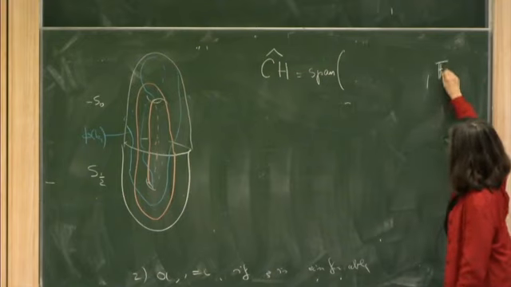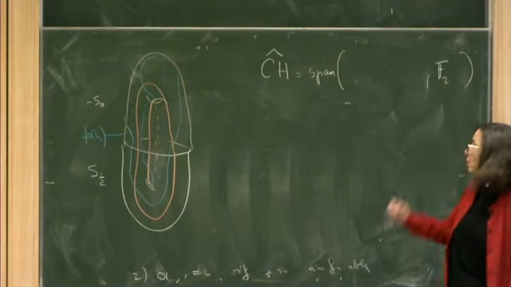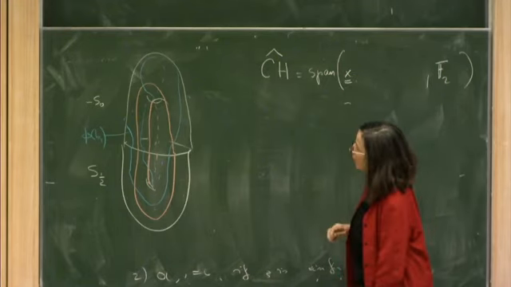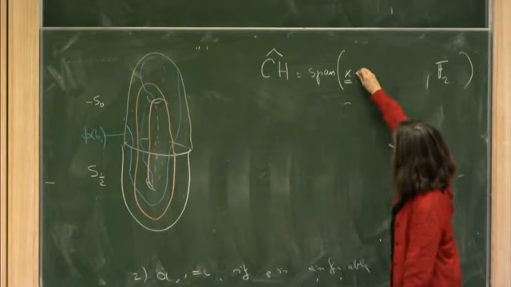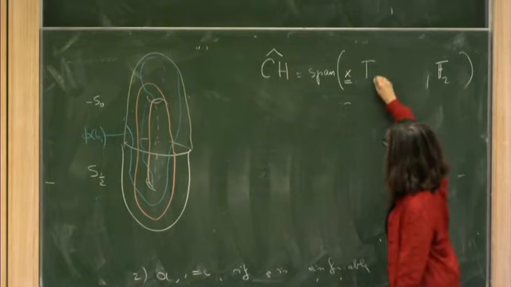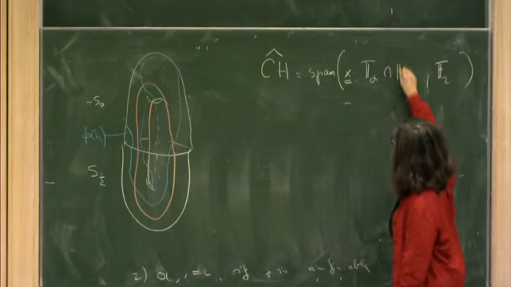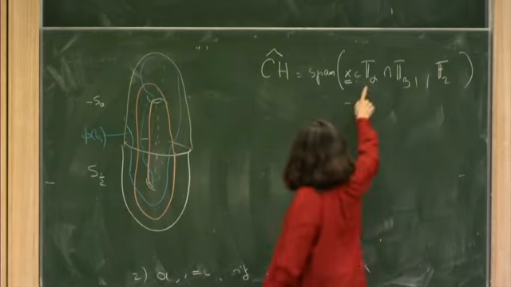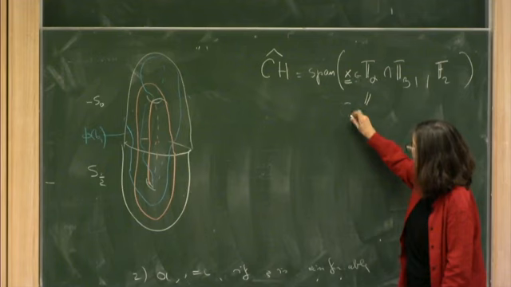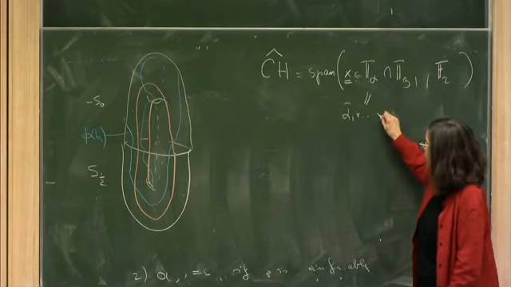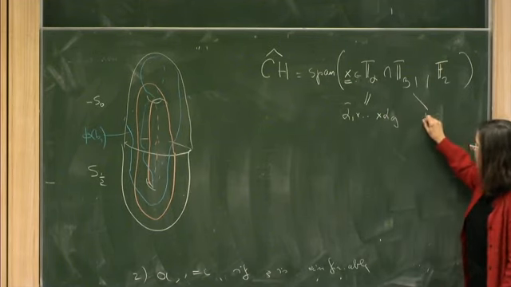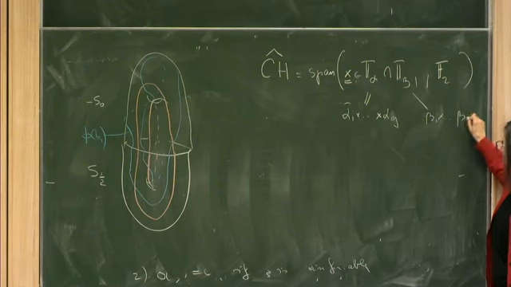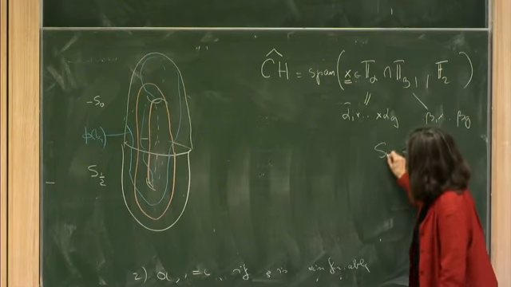I'm going to work over Z mod 2, and they're spanned by intersection points between T alpha and T beta. What do I mean by T alpha and T beta? T alpha is a product of alpha curves, T beta is a product of beta curves, in the symmetric product